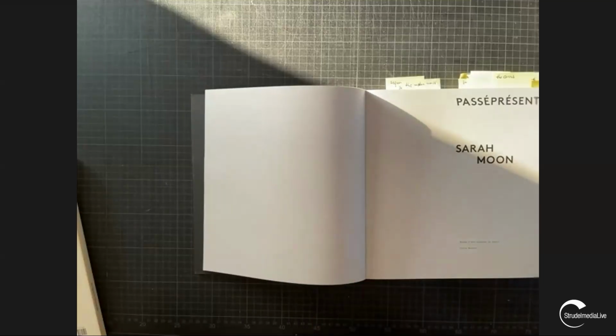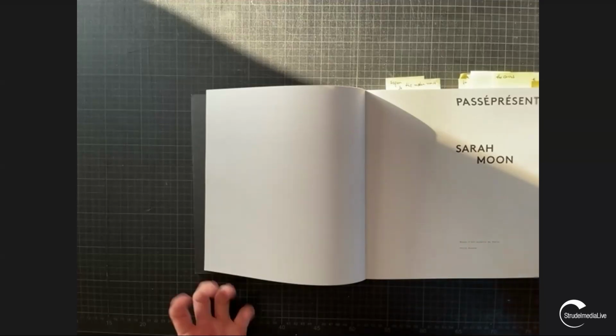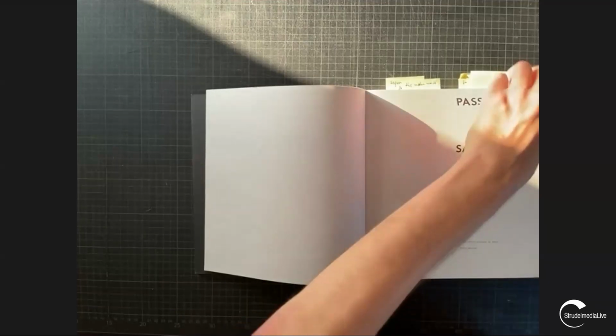As I said, each and every one of these photographers has a different approach to the materiality of the photograph. Sarah Moon is working with Polaroid negatives. In the 70s there was a short-lived, large format Polaroid film, which really had these 8x10 sheets that produced both a negative and a positive. And both were very fragile. So when you peeled them apart, you got a negative that allowed you to reproduce the image, but it also gave you this